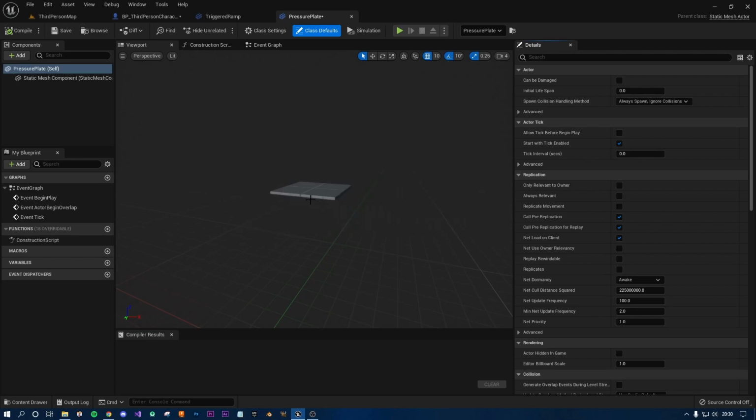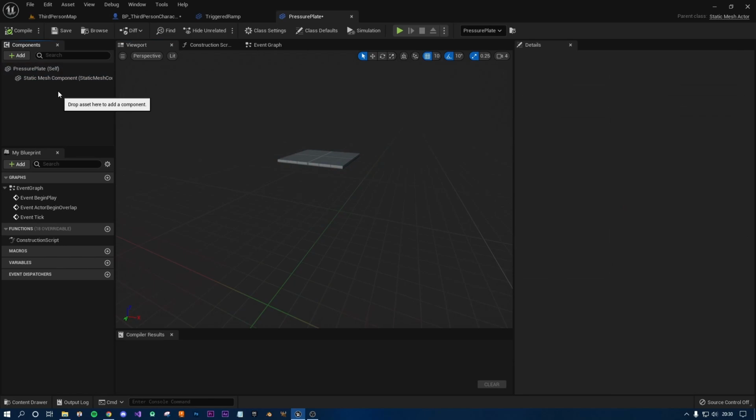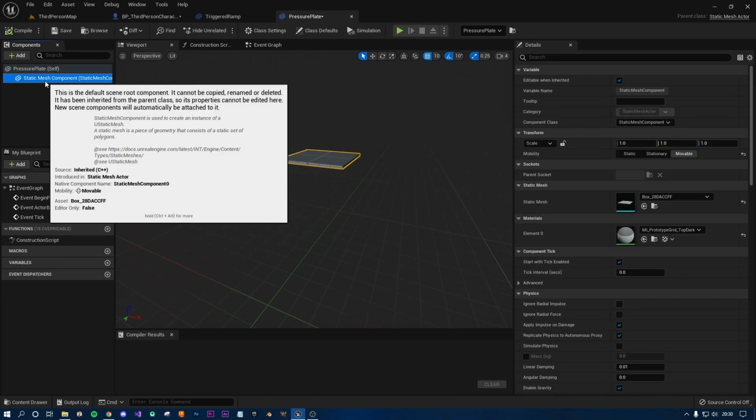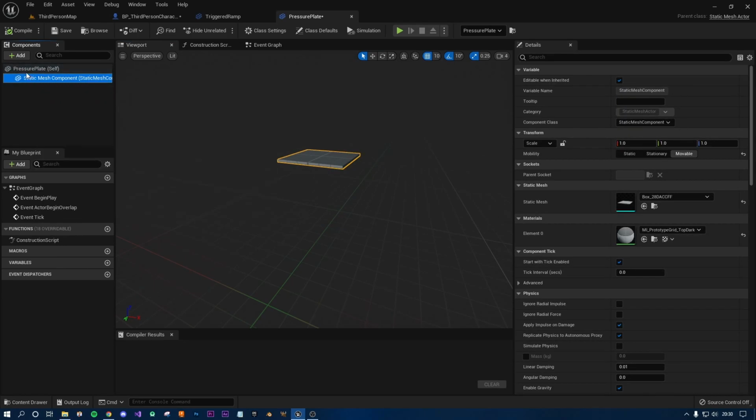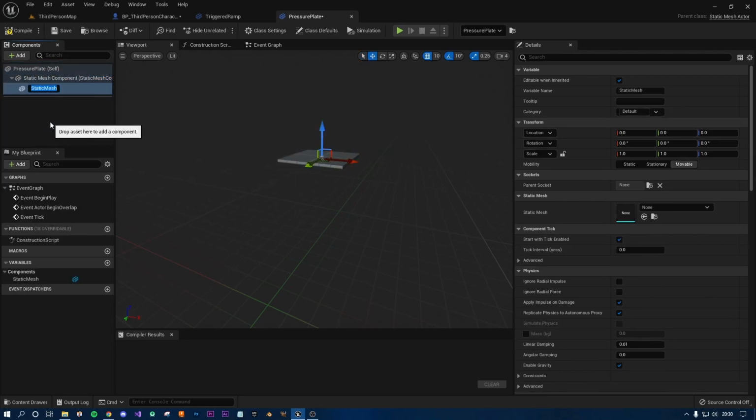So similarly to the ramp, it's kept our dimensions and our material. But we need the button on the top. So with the static mesh component selected, go to add and add a new static mesh. I'm going to call this button. And it doesn't have a static mesh by default. So if we click none,